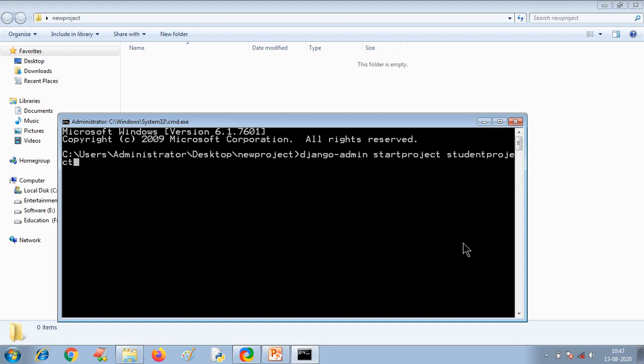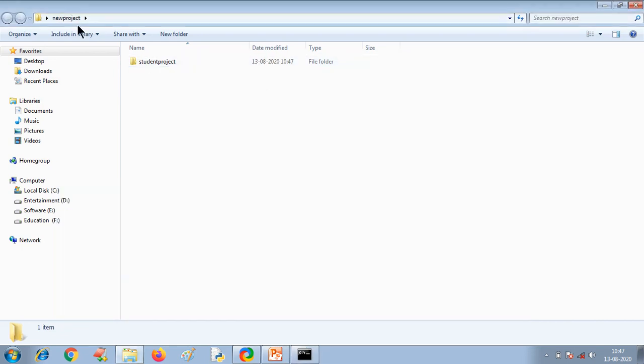Once you run this command, you can see one folder is created here. Inside the new project, one folder is automatically created. Once you open that folder, you'll get another folder with the same name, studentproject, and one manage.py. This is a Python file, right?